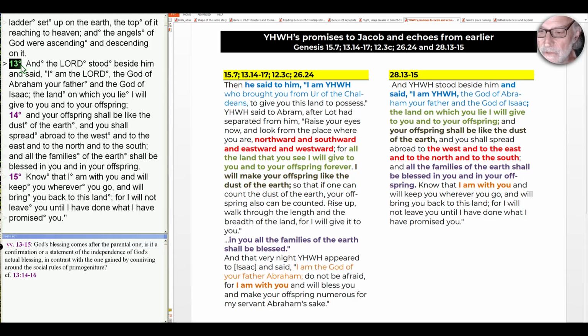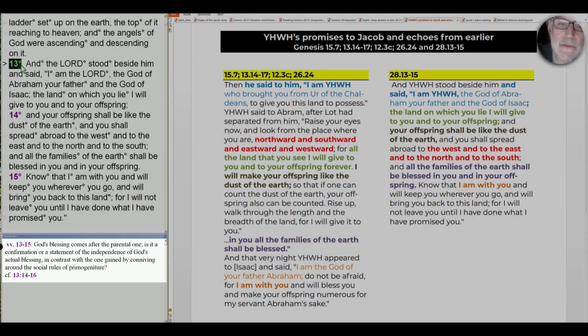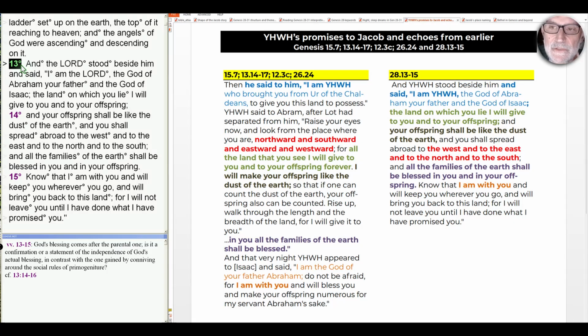As my note below says, God's blessing comes after the parental one. And as I was noting, when we looked at the whole scene of the so-called stealing of the blessing from Esau by Jacob with the help of his mother, but also perhaps with the help of his father, the words from Isaac were completely meaningless. They have no power at all. And so perhaps what's being